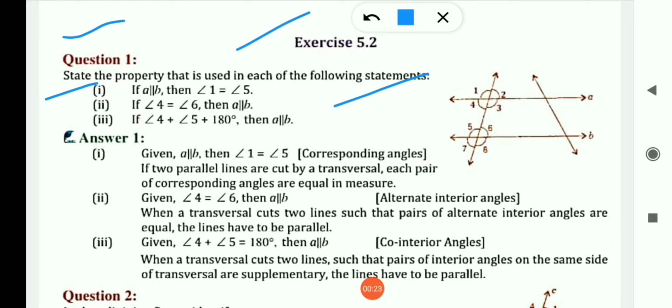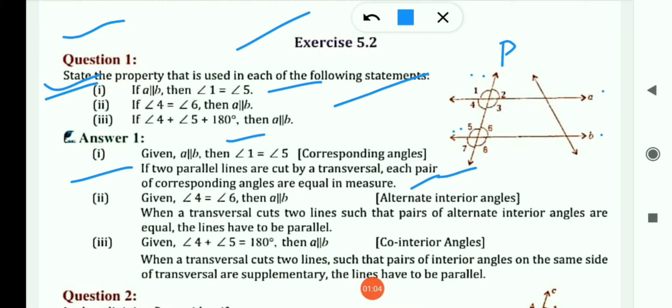Okay, first: if A is parallel to B, then angle 1 is equal to angle 5. Given that A and B are parallel, both lines are parallel and this is a transversal. Suppose I let it be P. Then angle 1 is equal to angle 5 by the definition of corresponding angles. This angle is equal to this angle. If two parallel lines are cut by a transversal, each pair of corresponding angles is equal in